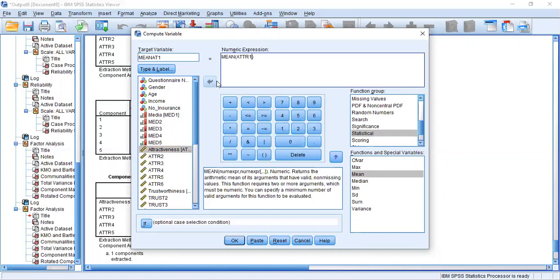Just double click the particular item and put a comma. Please don't forget that comma because it indicates that the variable differs from the other items. Likewise, you can enter all the 5 items. One enter and then click comma. I'm not entering item number 6 because it is not reliable as well as not valid.